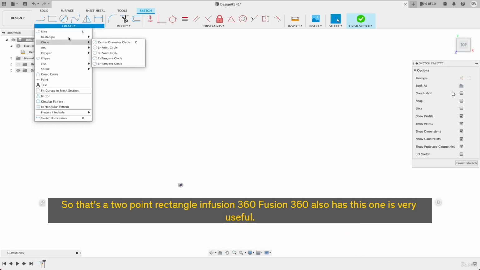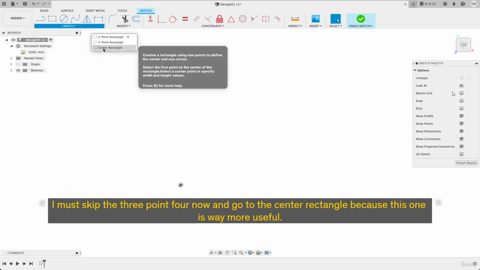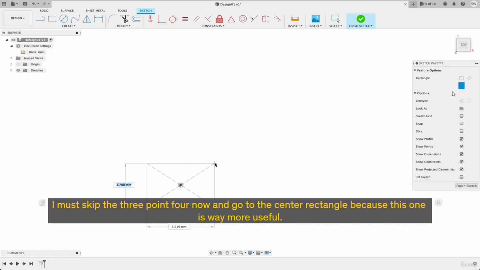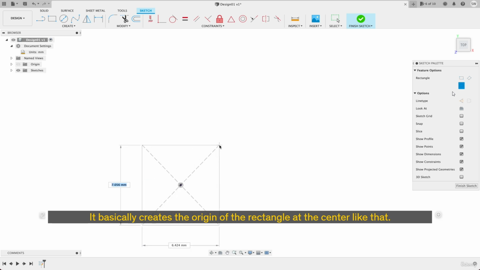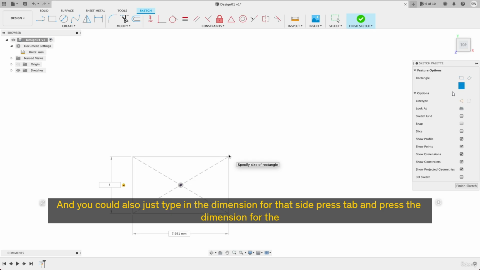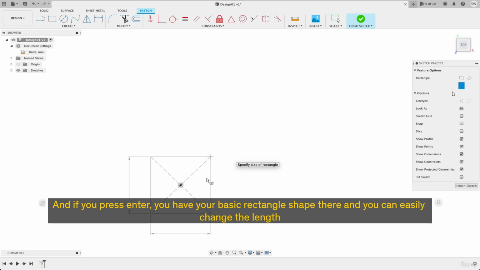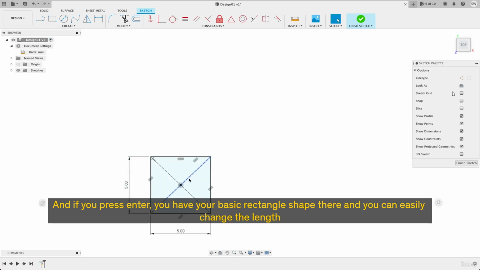Fusion 360 also has, this one's very useful. I'm going to skip the 3-point for now and go to the center rectangle because this one's way more useful. It basically creates the origin of the rectangle at the center, like that. That's very useful. It makes it much quicker to center a rectangle inside of a different object. And you could also just type in the dimension for that side, press Tab, and press the dimension for the other side. And if you press Enter, you have your basic rectangle shape there,